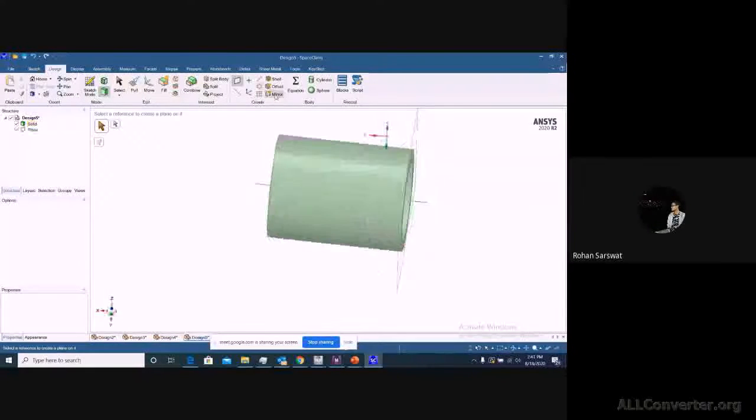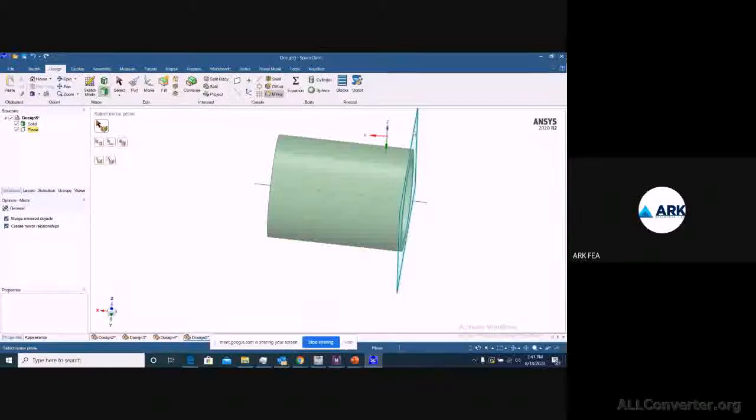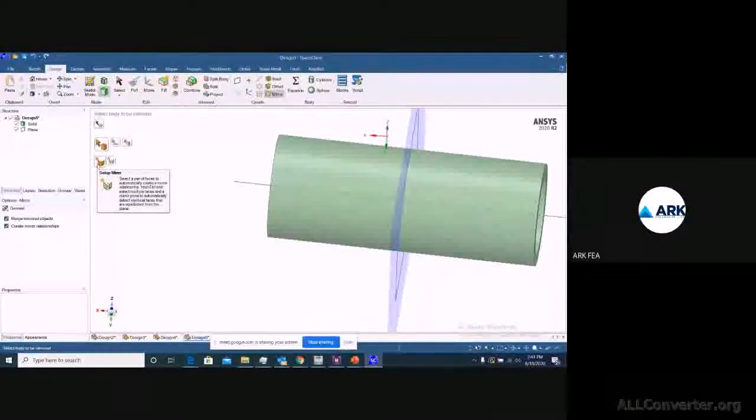have a plane here, and if you want to work on a mirror kind of thing, you can just use your mirror, and select the plane where you want to place it and click on the object. So when you click on this object, you have setup mirror and stop mirror.